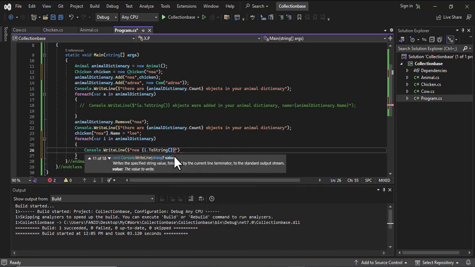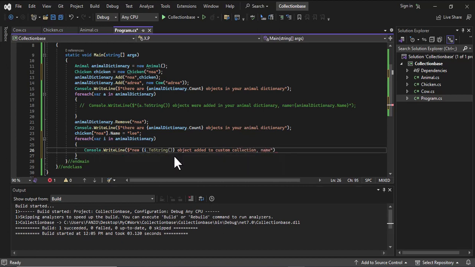Let me just leave it. This is what I'm going to say. Object added to our, let's say it's a custom collection, very important. And then I'm going to say name is equals to, and then when I am there, what is it that I'm going to say? I'm just going to say I dot,